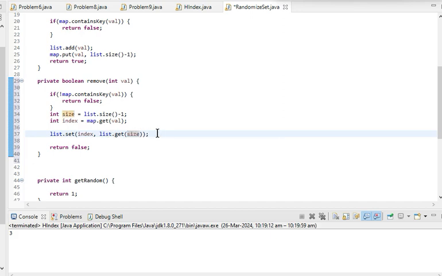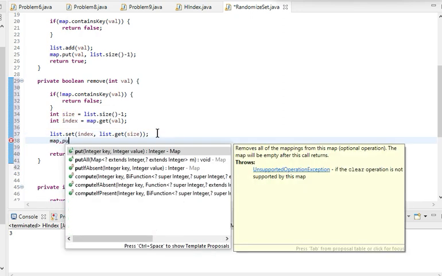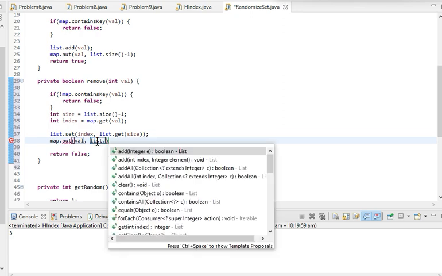Okay, now we will also do the same in the map, because we also need to update the map, right? So the map will take a key, which is basically our value, and this part will be the index. So how we will get the index, list dot get